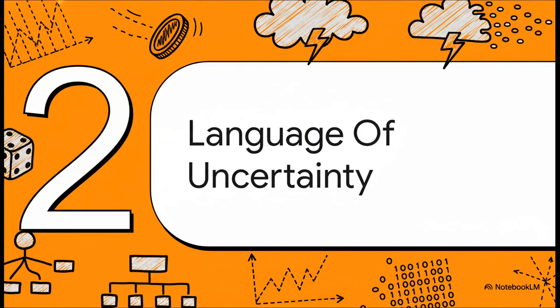So seeing these patterns is step one. But what about all the stuff we can't see yet? How do we think about things that haven't happened, or make choices when we don't have all the facts? For that, we need more than just pretty pictures. We need a formal language to talk about uncertainty. And that language, my friends, is probability.